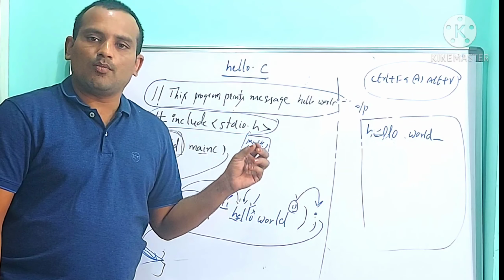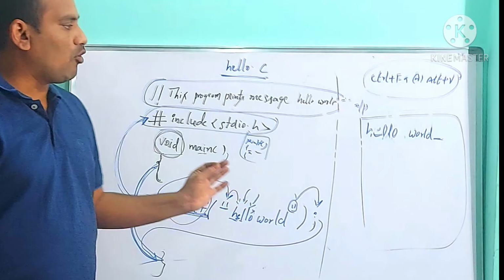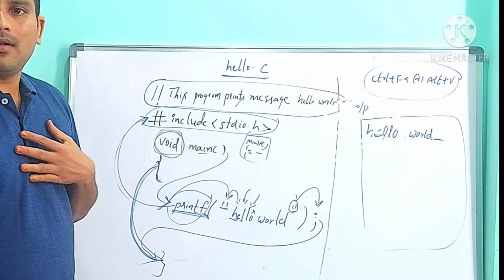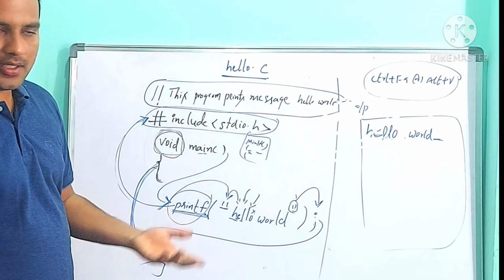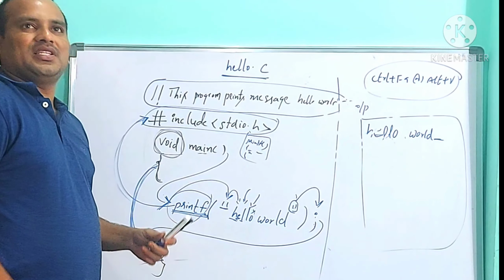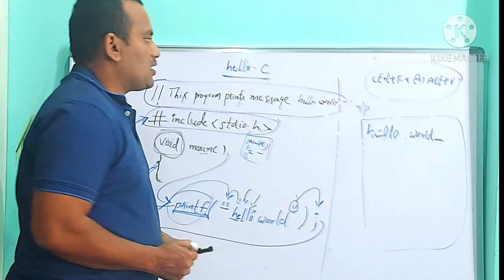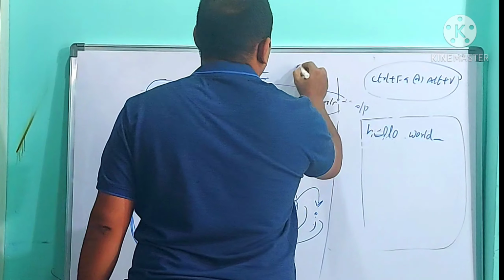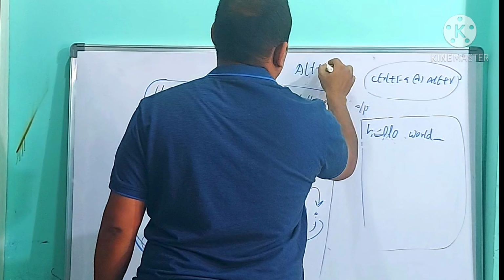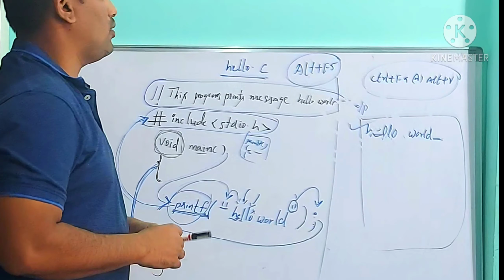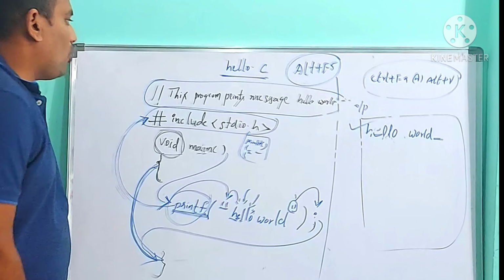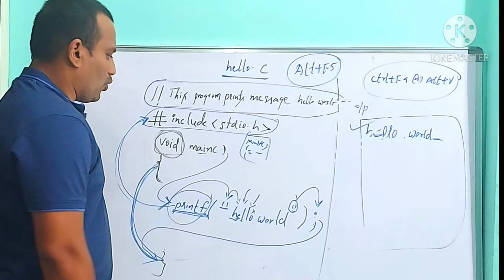The runner can execute only the body of the main function. Now the output contains hello world, but the runner doesn't show the output to the user because I did not instruct the runner to show the output, right? So to see the output which exists at the output screen, I need to press one more command, called Alt F5. Alt plus F5 to see the output. Then it shows the output and it contains hello world. So this is the program. This is the way of writing a C program.